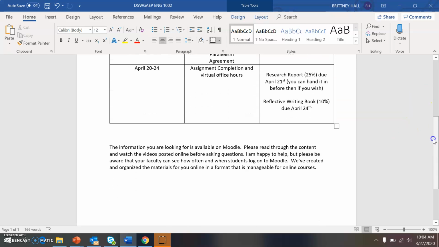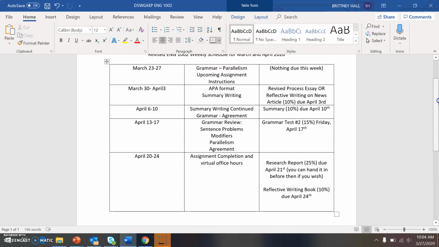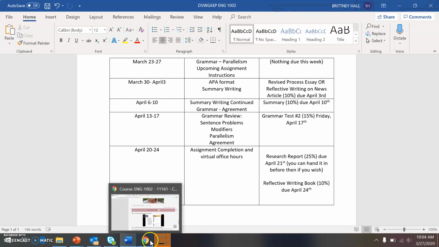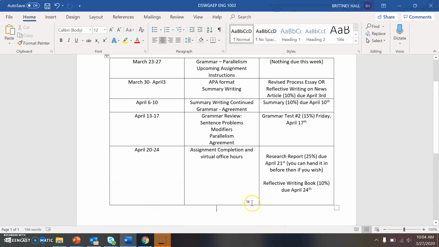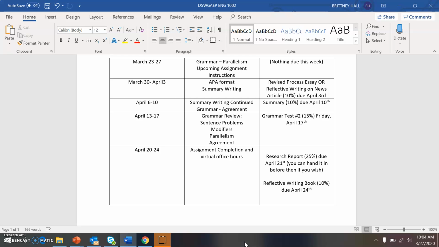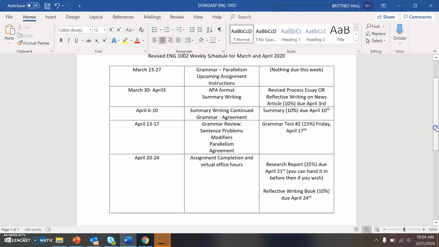And again, I'm here to help. I'm not trying to sound hesitant to help you. That's not it at all. It's just you have to read the information, okay? I don't have enough working hours per week to individually tutor each of you. So it still is supposed to be basically 3 hours per week of class time. So if I'm spending 20 hours a week responding to emails because you guys aren't reading the information online, then that's just not sustainable, okay? So please sign in once a week. Read the information, and then if you have questions, I'm more than happy to meet with you and discuss that,